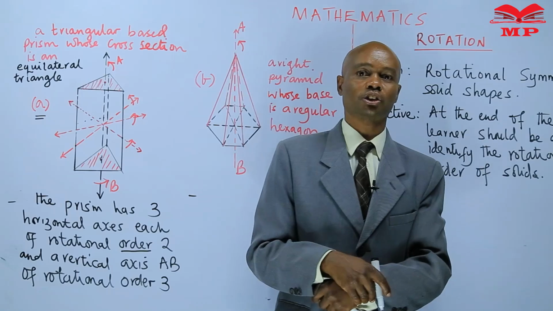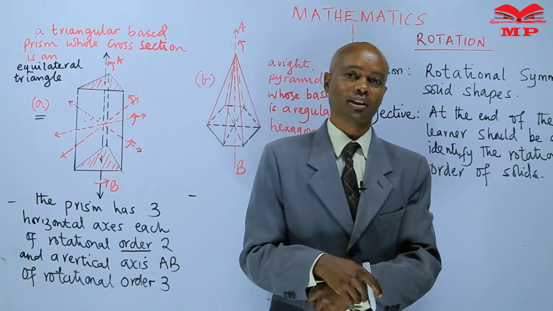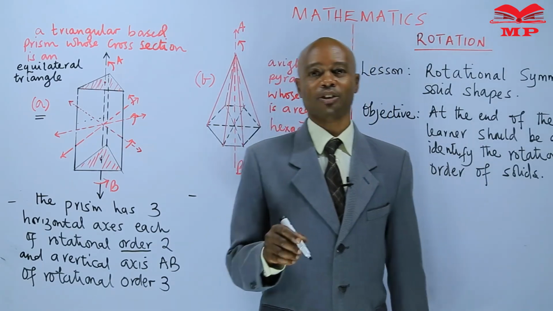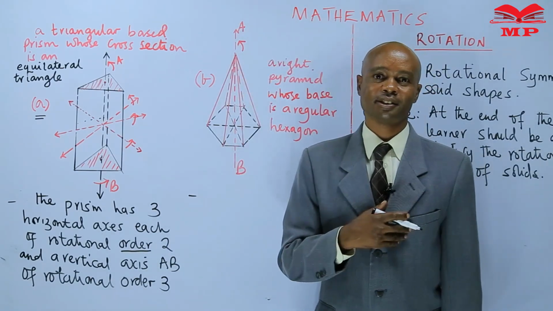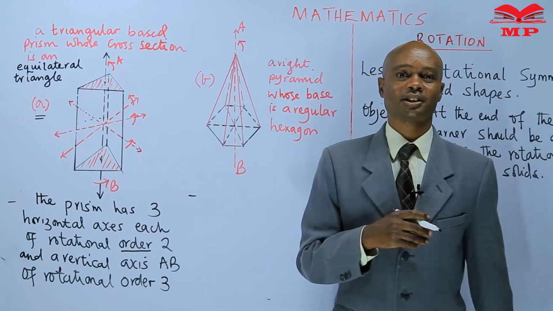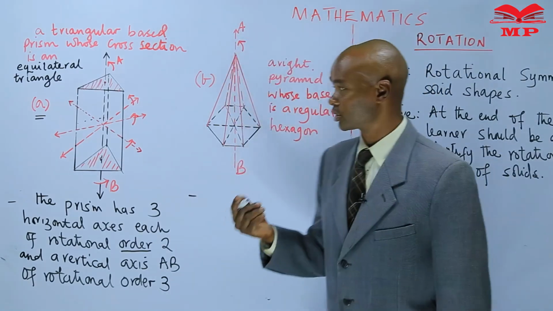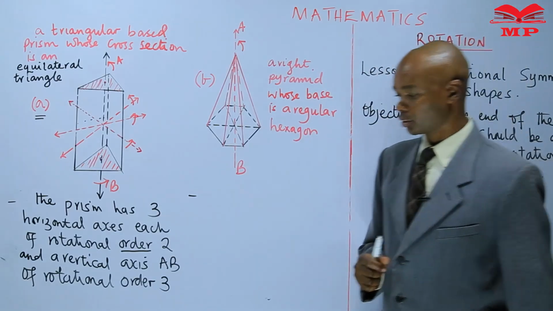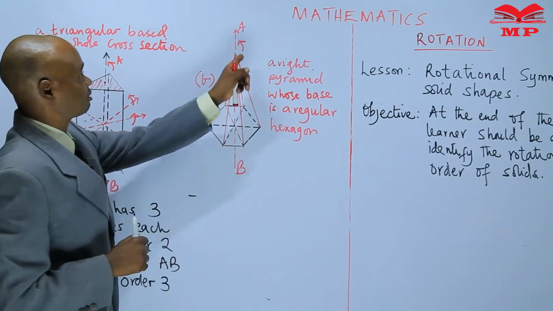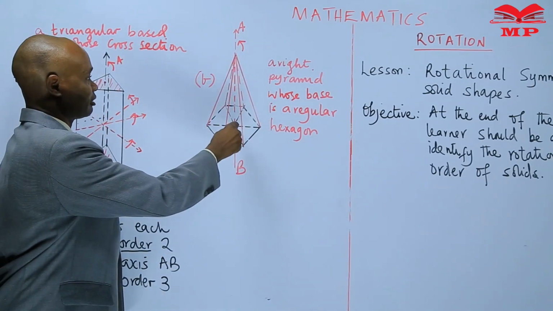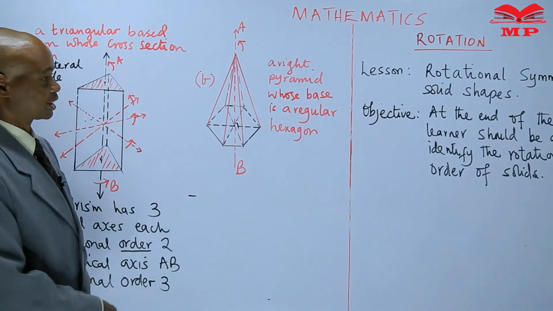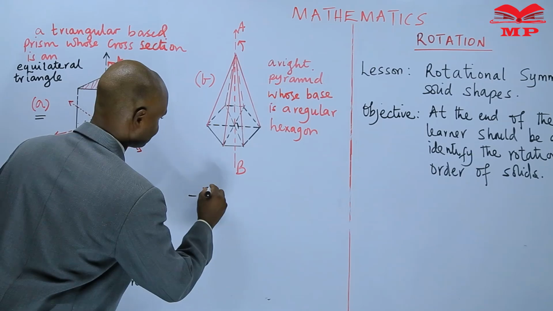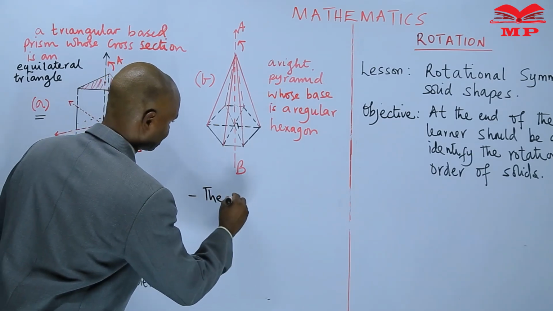In the previous lesson, we learned that any polygon will have the number of lines of symmetry equal to the number of sides. So a hexagon having 6 sides will have 6 lines of symmetry. That will lead to us discovering how many orders of rotational symmetry it will have. So we have the vertex at the top, and the vertex meets that perpendicular. So you can say the right pyramid above